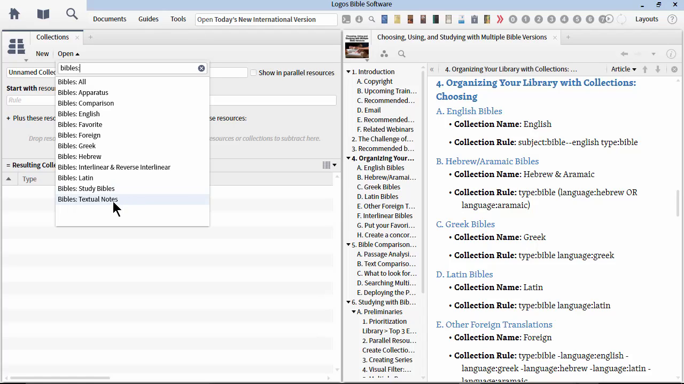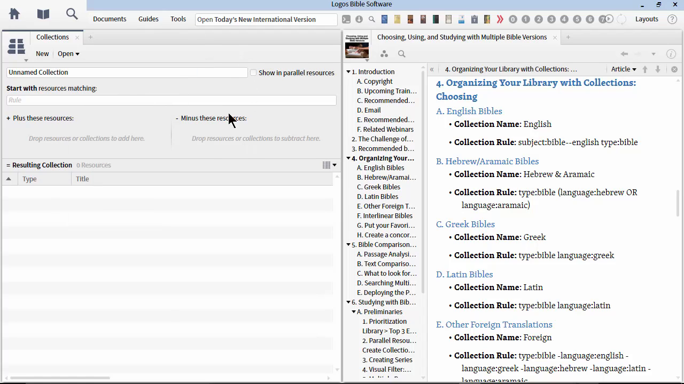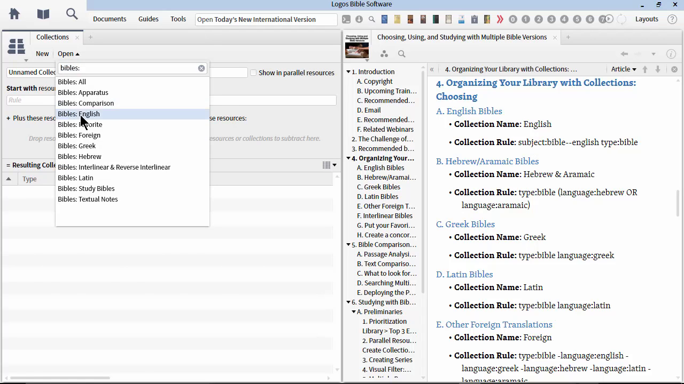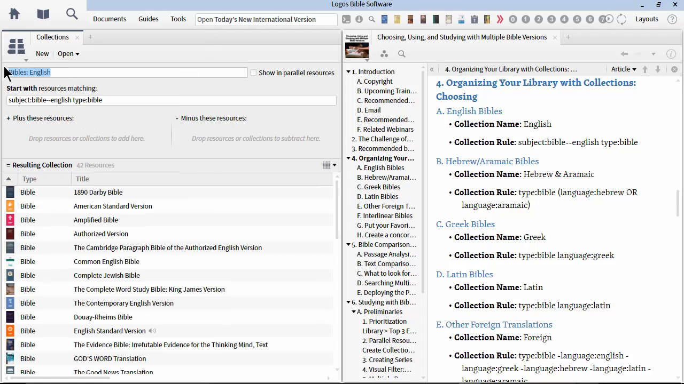Now let's do the first one together because pretty much they all follow the same rule after that. So let's just do the Bibles, English as our first collection, and I'm going to